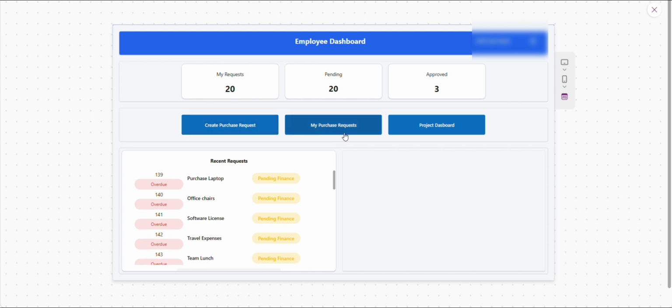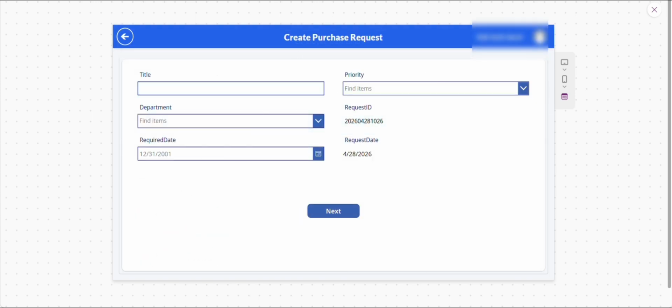Now I will move to the new purchase request section. This is where employees submit a purchase request. The form captures all the required details such as title, department, and required date. Okay, I will show it in practice. Just see and follow me.